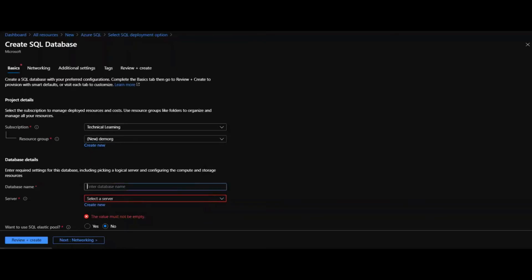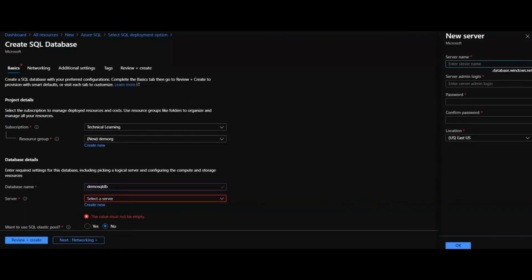Provide a database name. Create a new server by providing a server name and the login details.